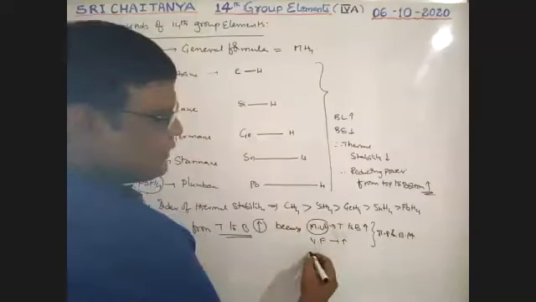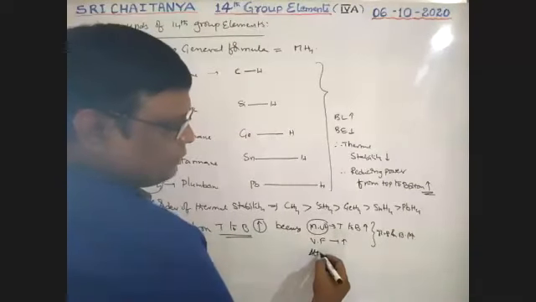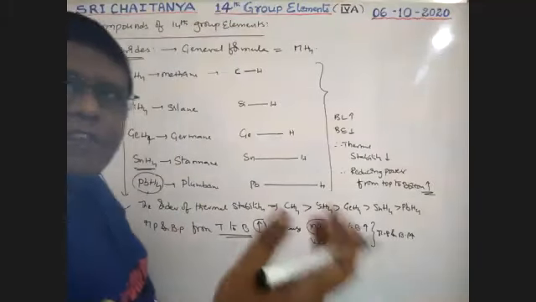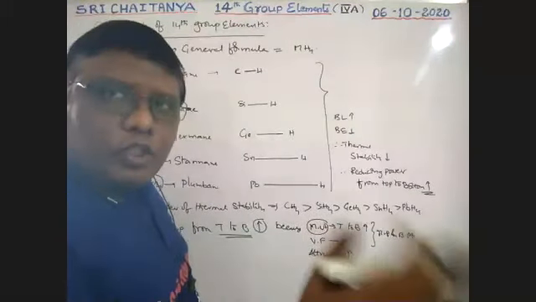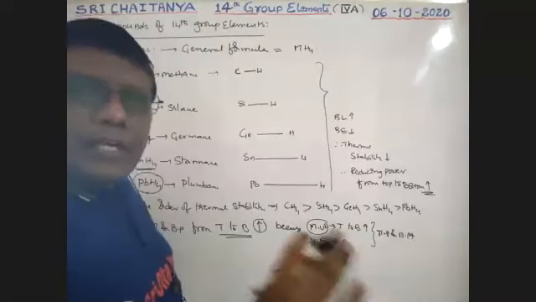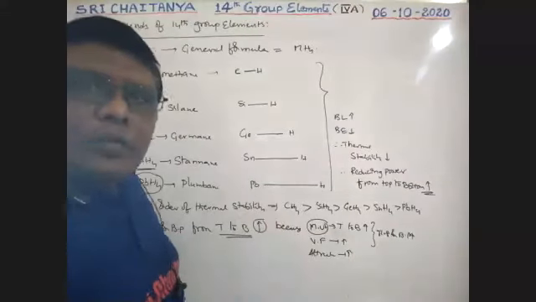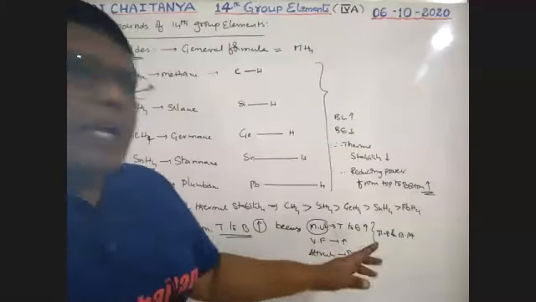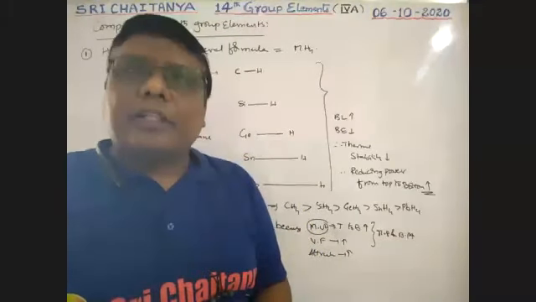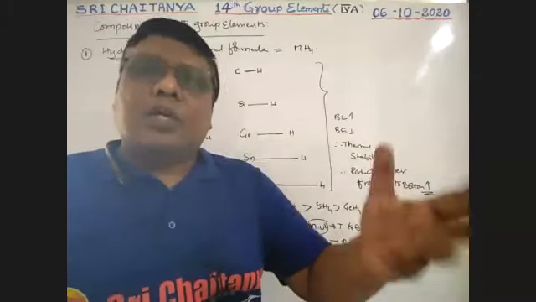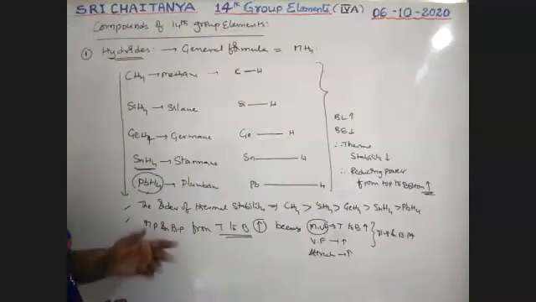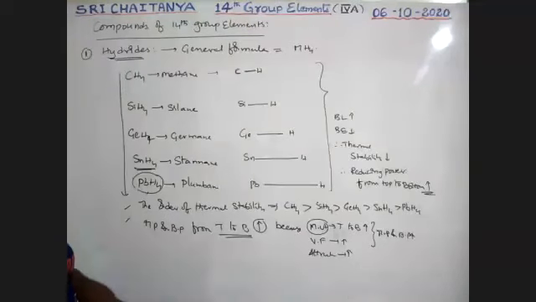As van der Waals attractive forces increase between the molecules, it is difficult to separate those molecules. That is why. Yes, it is in hydrides only, and that too in tetrahydrides only. So melting and boiling points of these tetrahydrides increase from top to bottom. That means methane has low melting and boiling points, but lead hydride has high melting and boiling points. So this is about melting and boiling points.